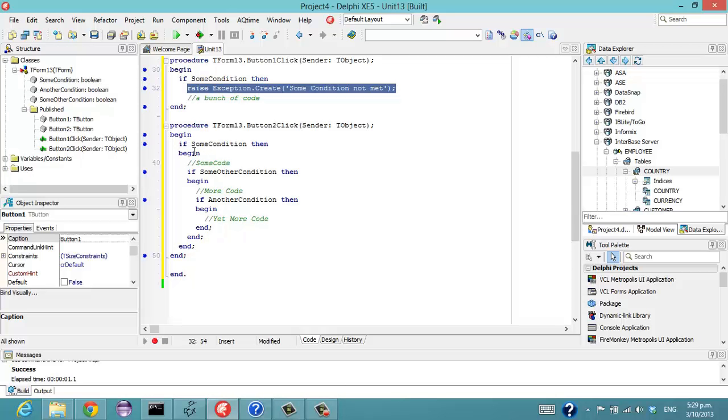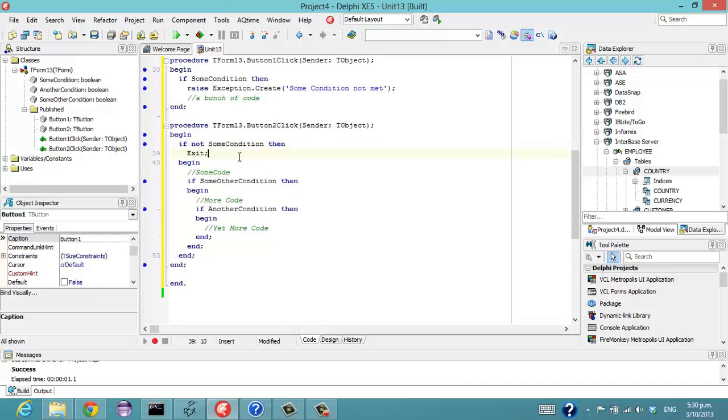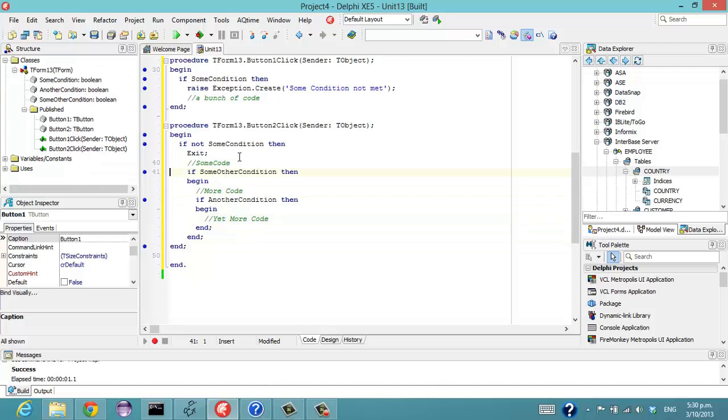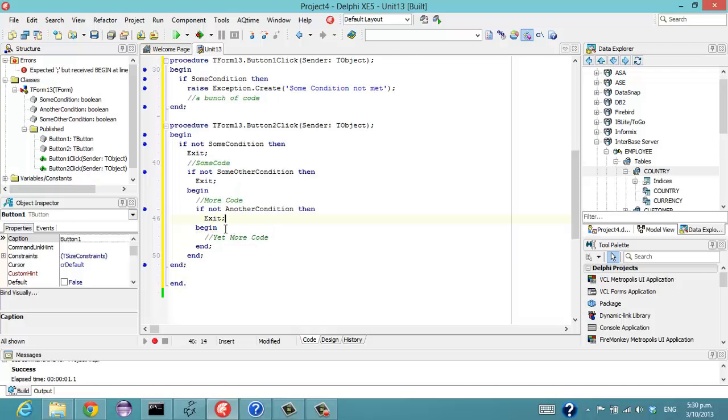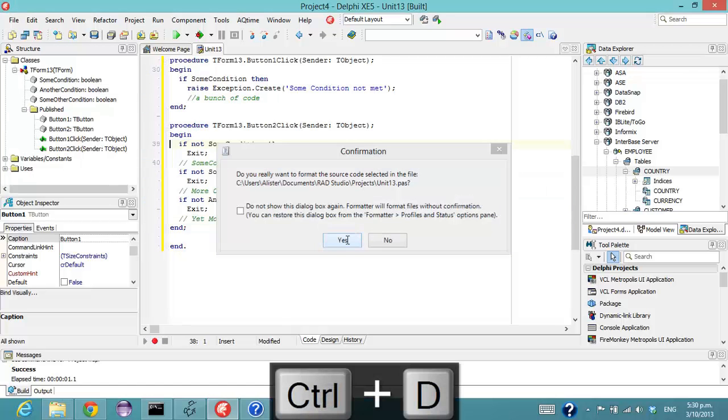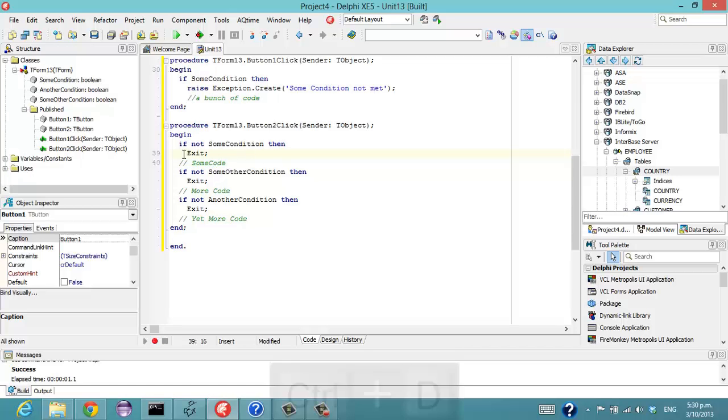This other bit of code, you've got if something, if something, and then you've got this sort of cascade of end statements down the back end of your function. I find that it is often much easier to read if you slightly change things around, so that you go, if not, then exit, and then you can get rid of that begin and end, and we can do the same and if, then, and Control D. So that's kind of